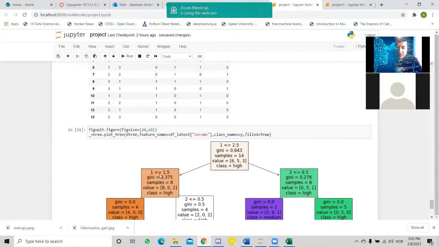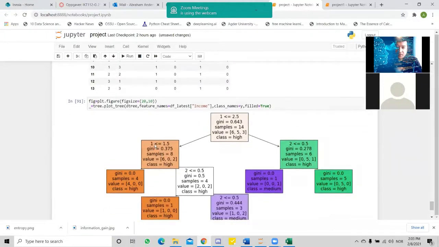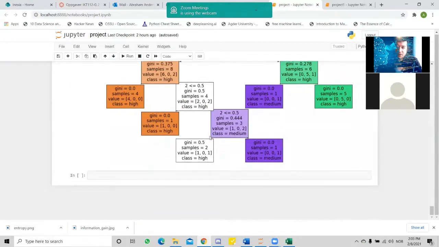It again asks a question. If this income is less than 0, it goes this direction and asks again a question. If it is less than 2.5, it goes this direction and assigns a class. Class means our target as high. This means that this person has the highest risk. Okay, this is the visualization of